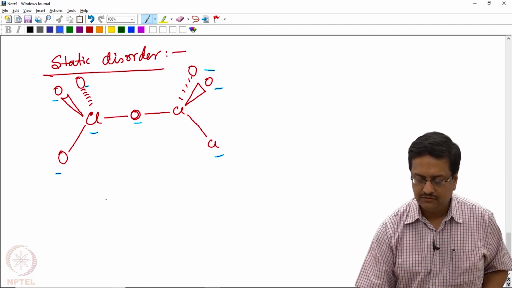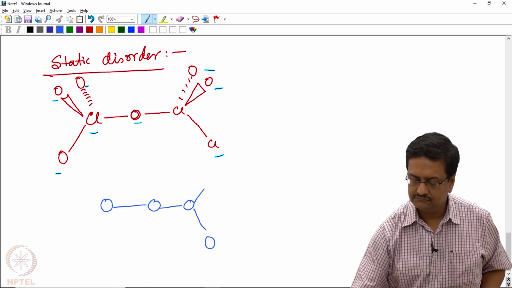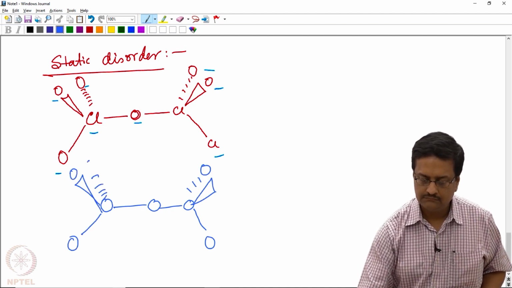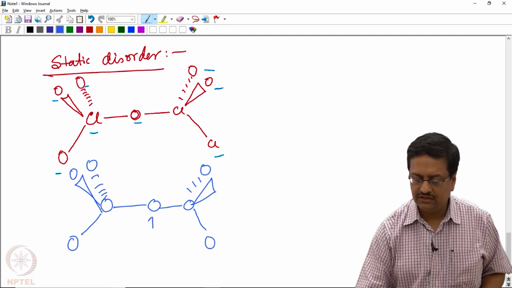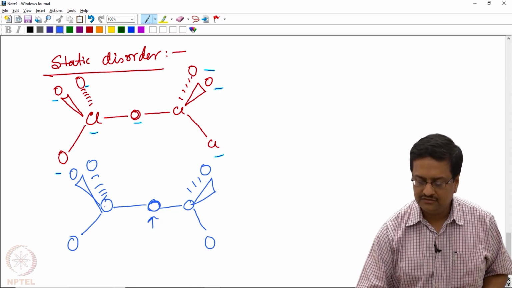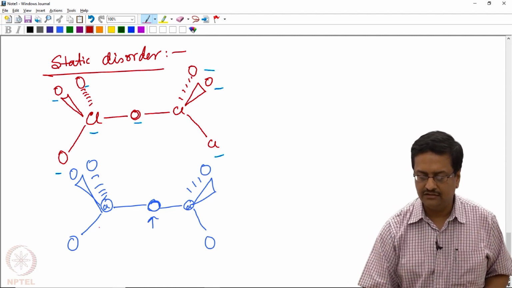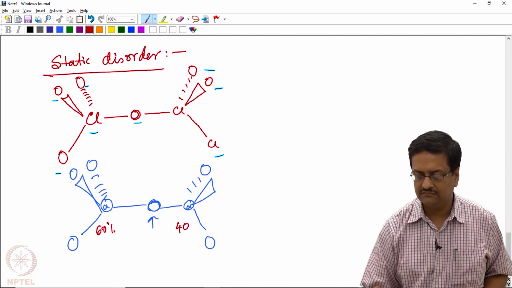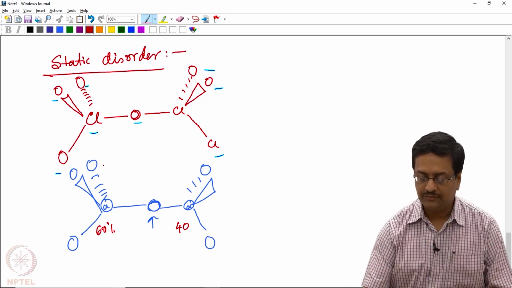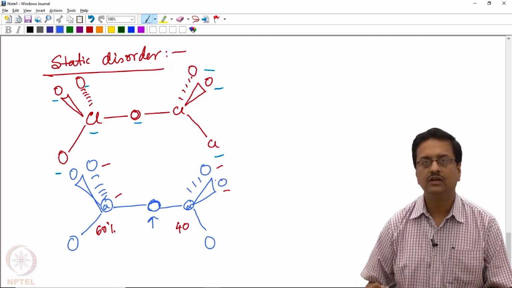you have atoms which give you a feeling that it is like this. So it actually means that this middle oxygen is serving as the common atom for both sides, and these 2 sides have different chemical occupancies. It may so happen that one side is 60%, the other side is 40%. So in that case, the same type of part 1, part 2 kind of refinement has to be done with appropriate identification of those atoms and numbering them appropriately,